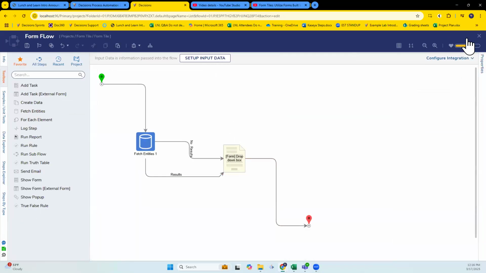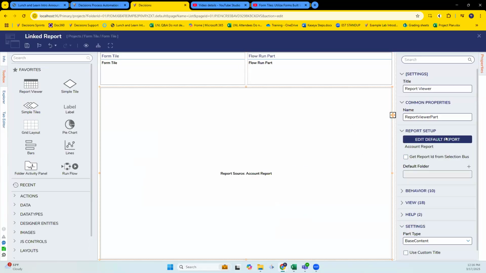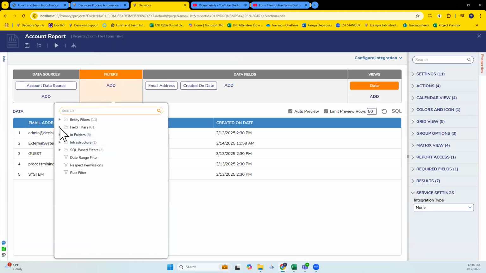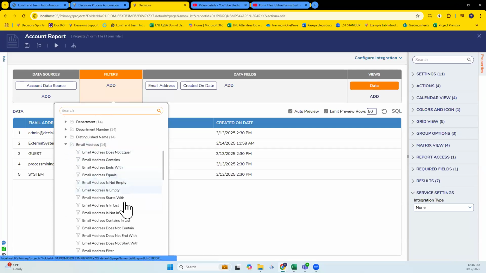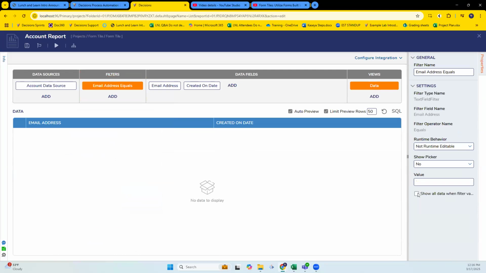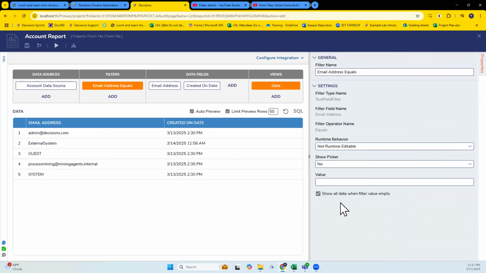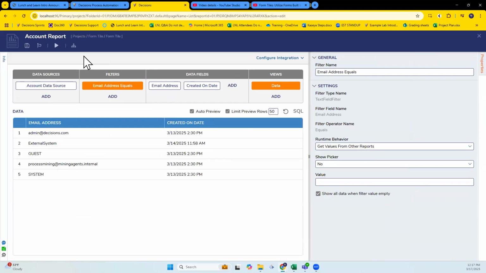All right, so what you're going to want to do, I think, is on your report, you're going to want to add a filter for the field itself. So I'm going to use email address because that's the field that I want to go by. Yeah, I have that set up. Okay, cool. So we'll just go with equals just for simplicity. Show all when data failure, this show all option when that's selected. And give value from other extract from the other reports.